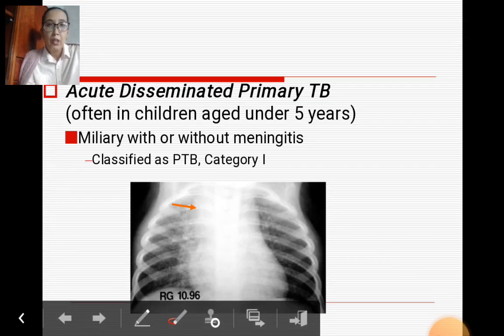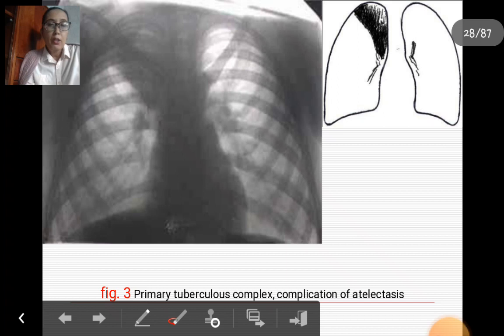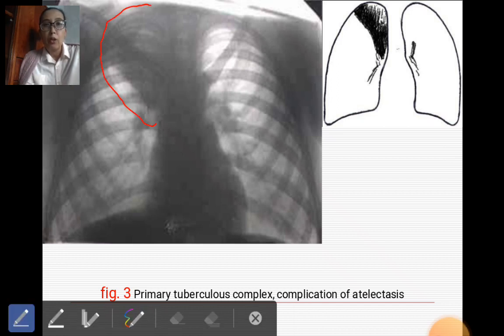Acute disseminated primary tuberculosis is an example of hematogenic dissemination. You can see in the slide needles of hematogenic dissemination in the upper lobe of both lungs. In this slide you can see a complication of primary tuberculosis complex as atelectasis of the upper lobe of the right lung, and schematically you can see also